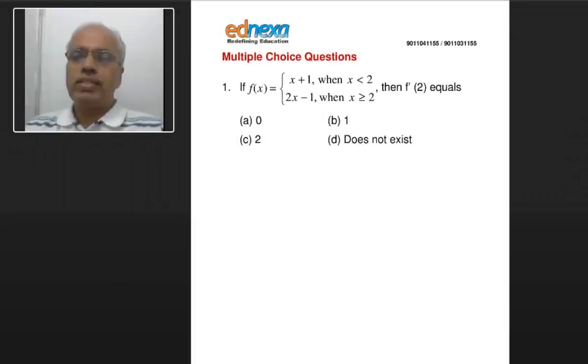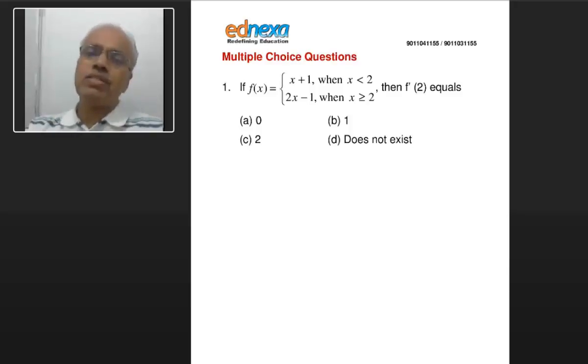So let us say this is a function. You can see it is defined in one way when it is less than 2 and another way when it is greater than or equal to 2. And then you are supposed to find f dash 2. Again, as we said, you must find